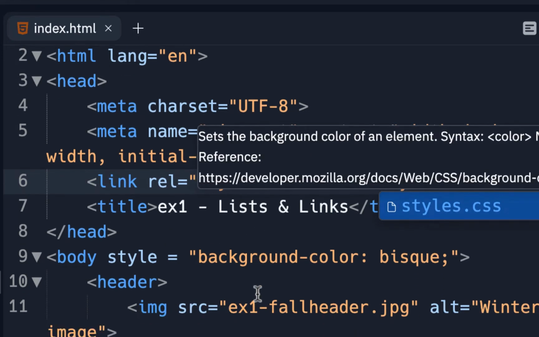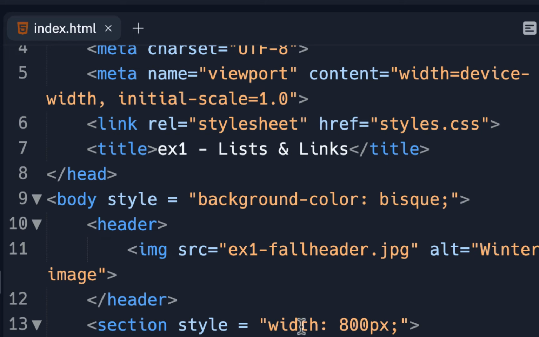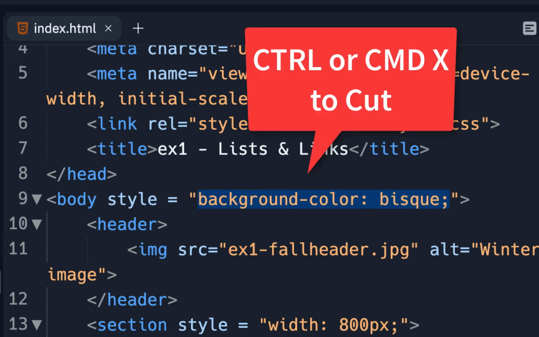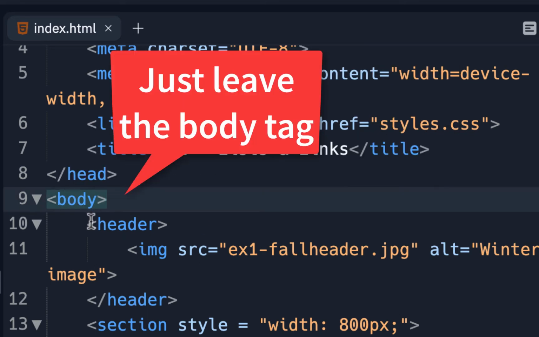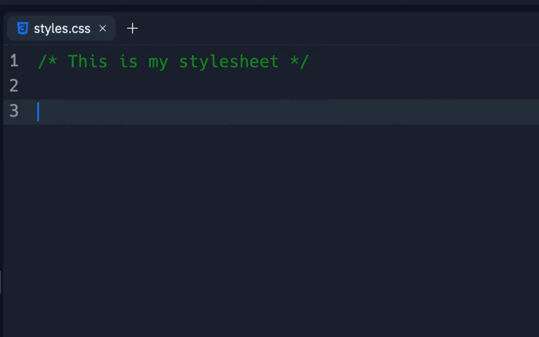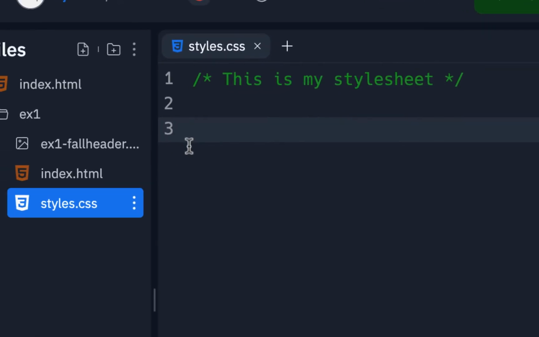So let's try some styles that we used in here. Now, I'm going to take this out of here. Background color bisque. I'm going to take this out of here, and I'm just going to cut it. So on Windows, do Control X. I'm going to do Command X. I'm going to get rid of that, and then I'll get rid of this whole style. And then I'll go to my styles, and I'm just going to put